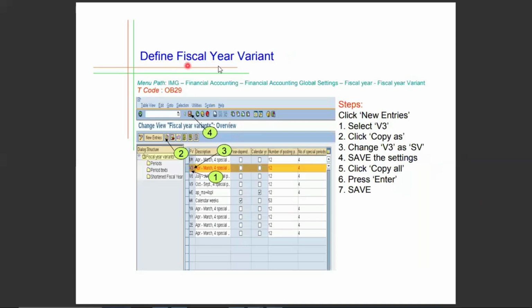Now, how to define the fiscal year variant? You can use the path as Implementation Guidelines. Now see the path is changed. It is not a part of Enterprise Structure, right? So that's why the path is changed: Implementation Guidelines, and it is from Financial Accounting. It's a part of Global Settings. So Financial Accounting, Global Settings, and Fiscal Year, and in that, the fiscal year variant, or you can use